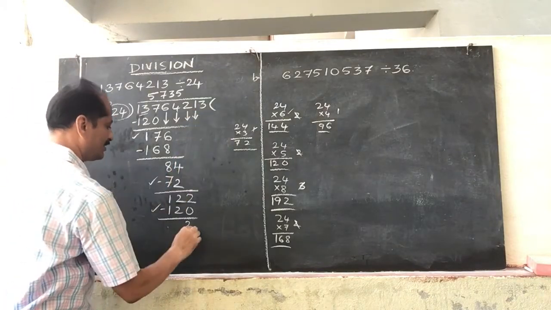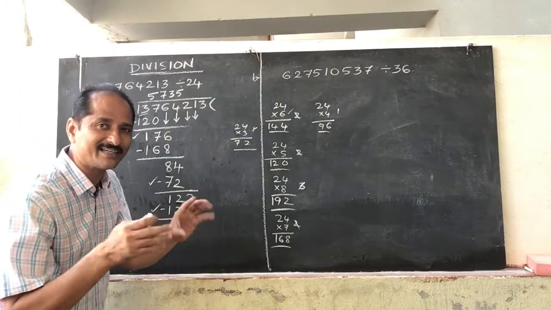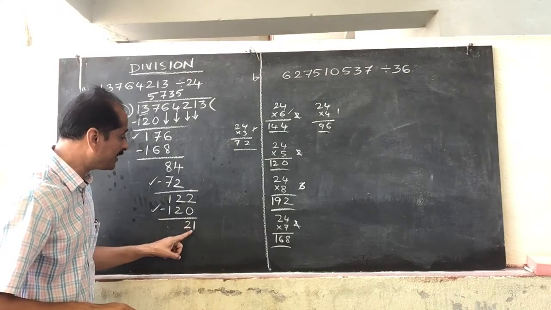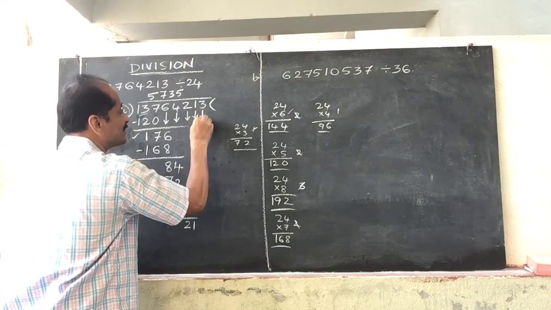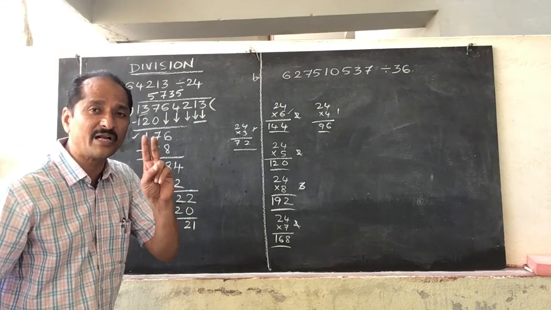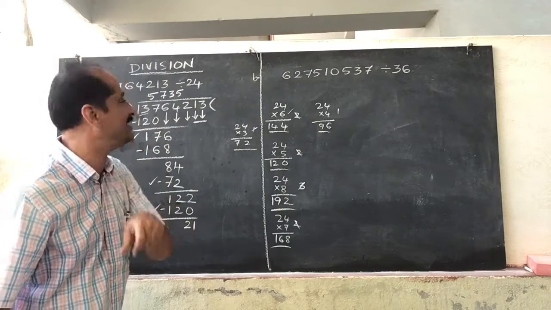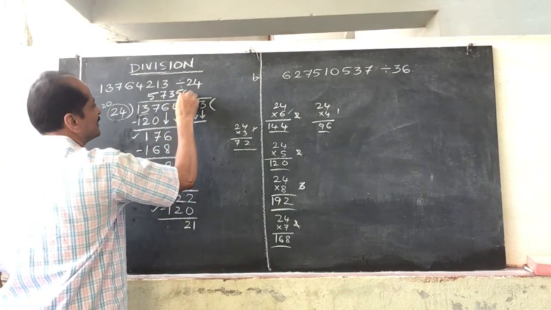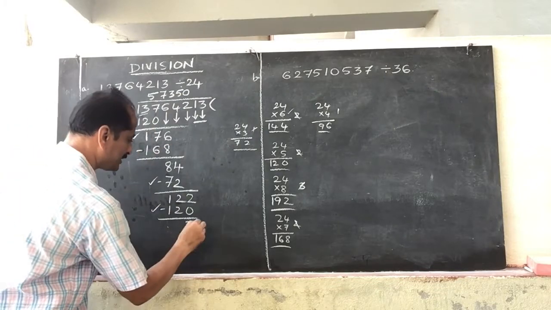1. So 21. Now can we divide 21 with 24? We cannot divide. That means after bringing down one digit also it is not divisible. So bring down the next digit also. So that means at a time we are bringing down 2 digits. Whenever you are bringing down 2 digits at a time, place 0 in the quotient. So place 0 in the quotient. Now how many times? 13. So that means bring down 3 also.